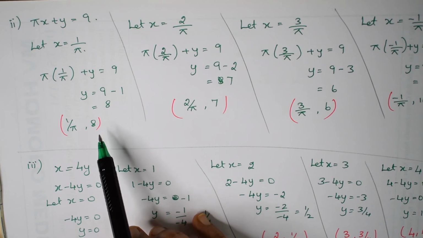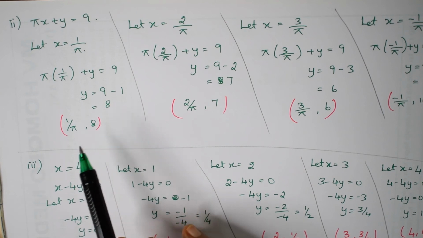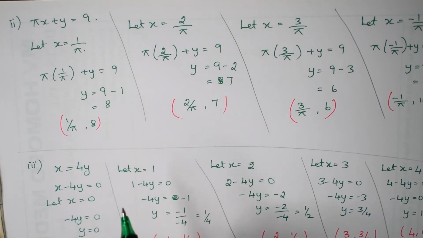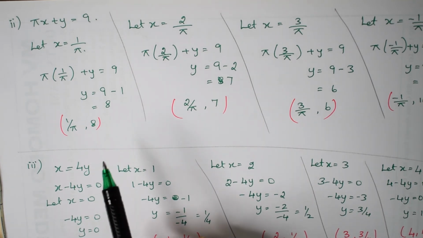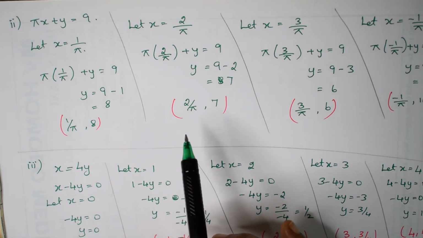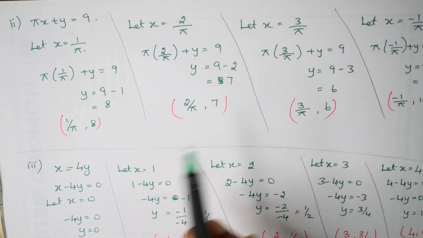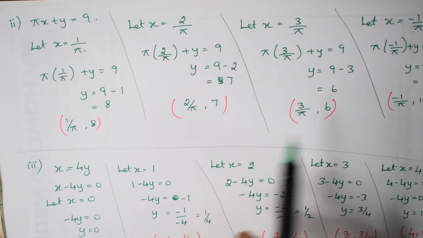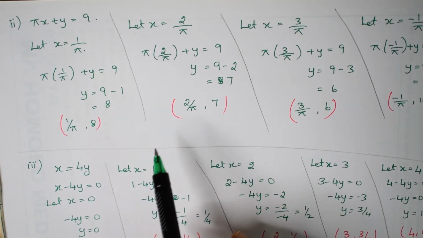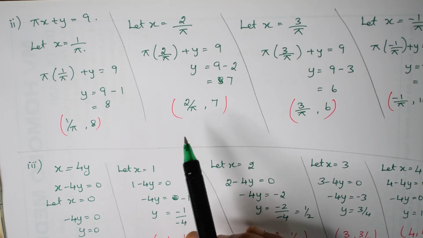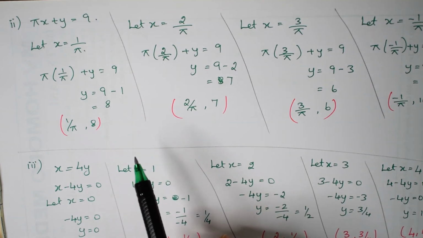So you might wonder, how am I going to mark this on the graph sheet? No problem. In the x-axis, in the place of 1, I will just mark it as 1 by pi. The next coordinate will be 2 by pi. The third coordinate will be 3 by pi, and then 4 by pi. It will be going on like that. Whatever number it is, we need not bother. We can just represent it like that.